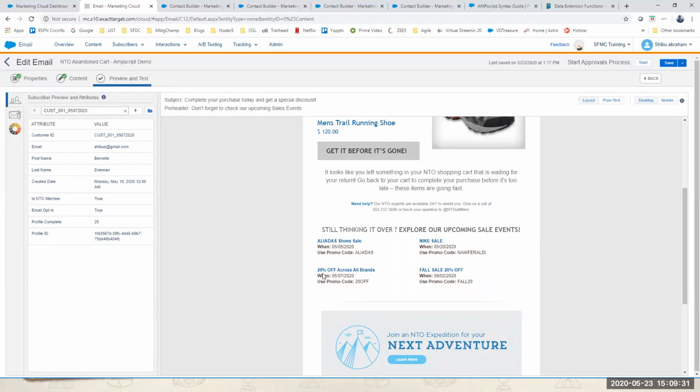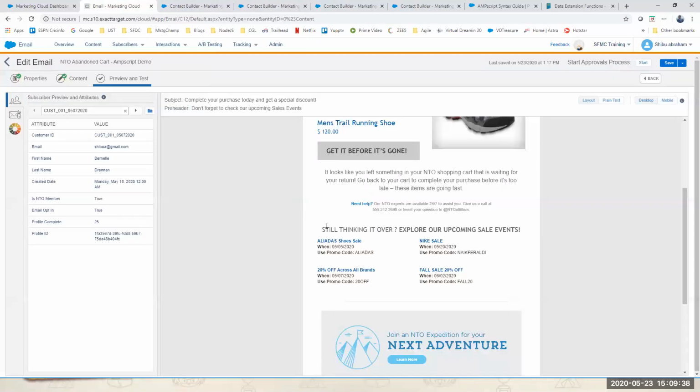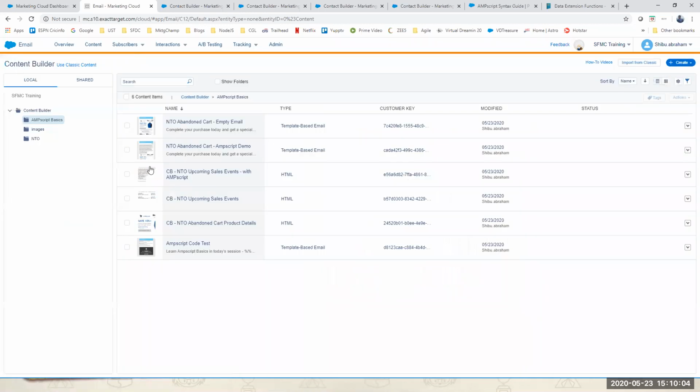And then there is one more over here, something for the upcoming sales. So this is also another content block. Okay, so this one has nothing to do with any of these tables. If I have a table with all my future events that are coming in, and I want to show that to customers, and that is also done through AMP script, it can dynamically change because events keep getting added, right? So automatically, this particular content block is going and pulling data from that event data extension and then bringing it to this one here.